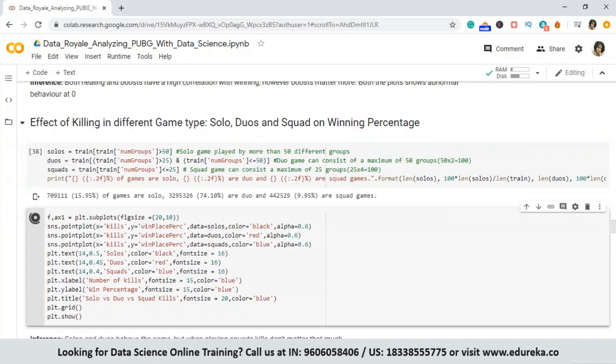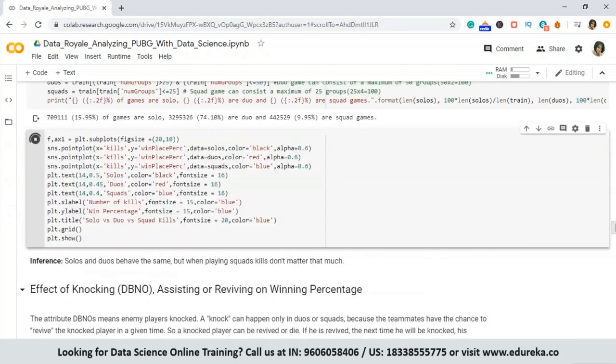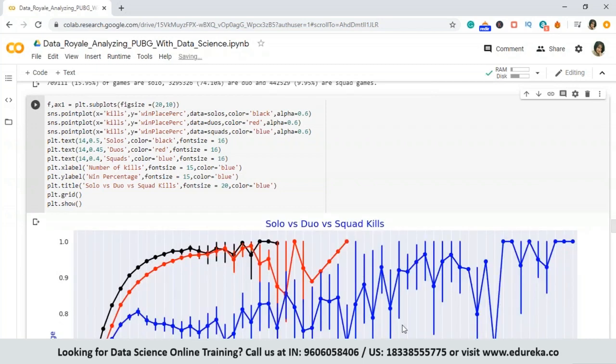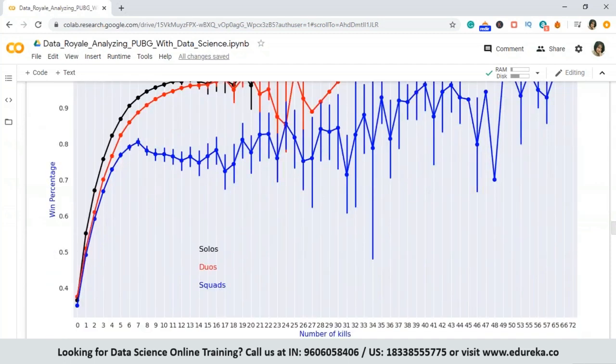Now, if we look at how killing affects each of these different kinds of games and their winning percentages, let's go ahead and see what we get. We're going to have our solos in black, our duos in red, and our squad in blue. And these colors are extremely important so that your audience does not get confused while looking at data. Clarity is one of the keys when it comes to graphical representation of your data. So here again, if we bring it down,